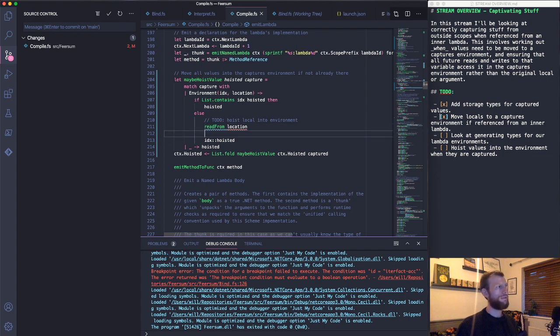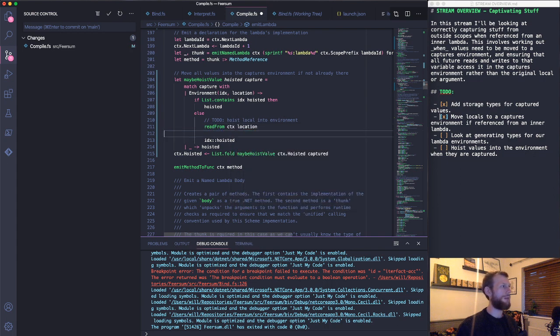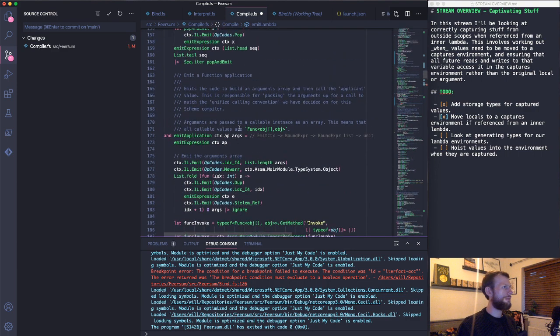We then need to write it back to the environment location. And again, you'd hope that this would be as simple as writing